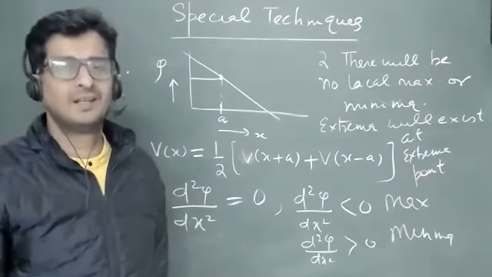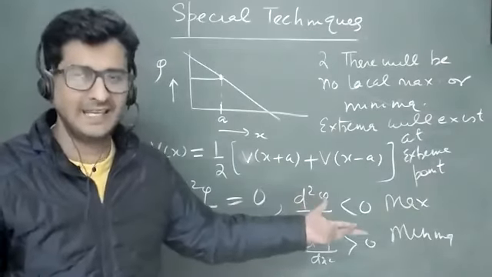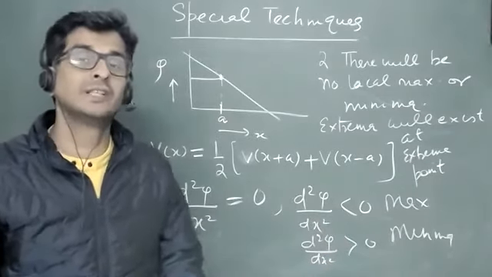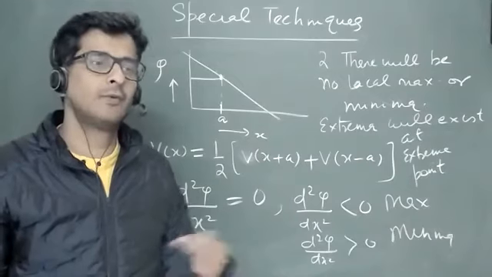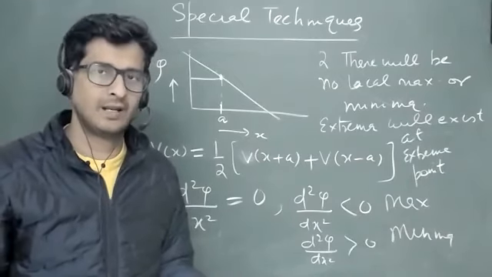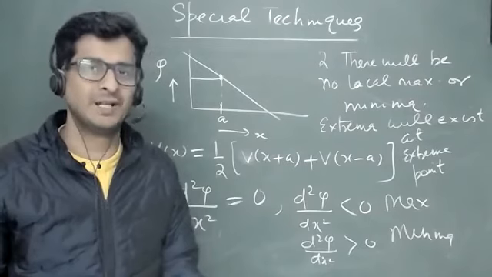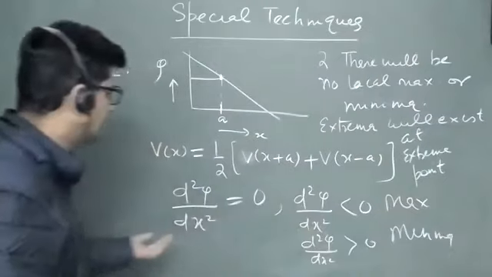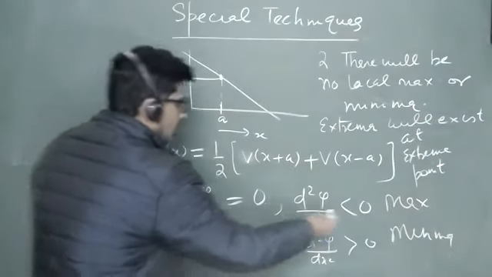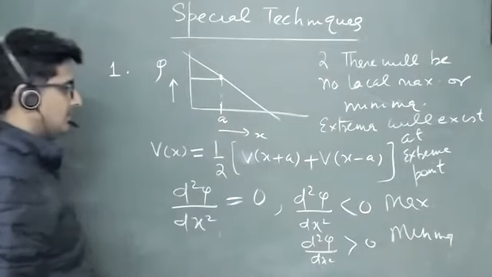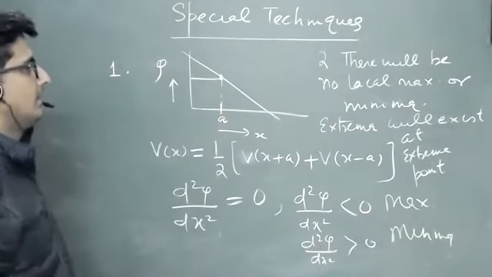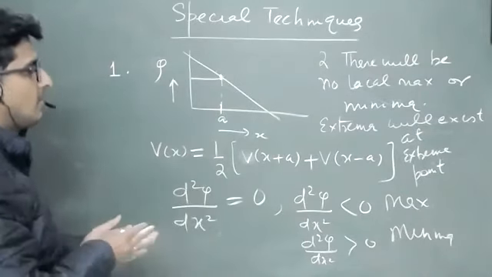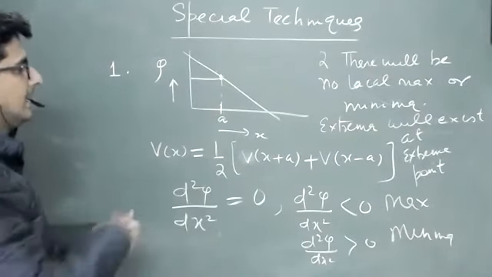सो इसका मतलब लोकल, बट ये हर फंक्शन के लिए नहीं सही है, ओके, बट मेजॉरिटी ऑफ फंक्शंस के लिए सही है। जैसे मान लो तुम फंक्शन ले लो x टू द पावर 4, तो हो जाएगा 4x टू द पावर 3 देन 12x स्क्वायर, तो x इज इक्वल टू 0 पे ही उसका मिनिमम वैल्यू आ जाएगा ना, ओके, सो बट फॉर मोस्ट ऑफ द केस, आर यू अंडरस्टैंडिंग, बिकॉज दिस राइट साइड इज 0, it is not less than 0, it is not greater than 0, so we can claim that no local minima or maximum will exist, it will only exist at the extreme boundaries, extreme points, boundaries पे ही वो maxima minima जाएगा,